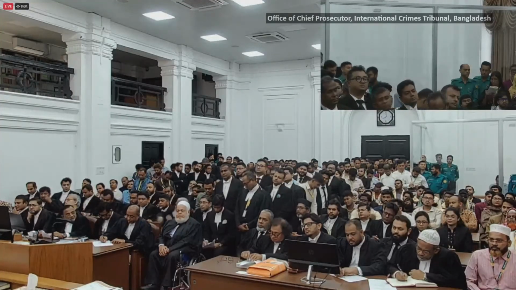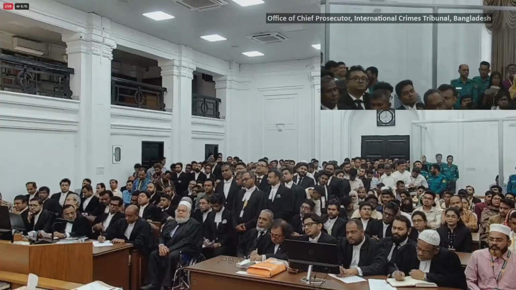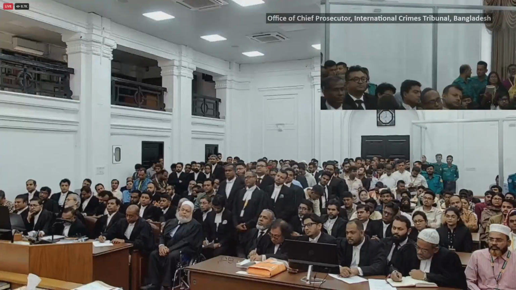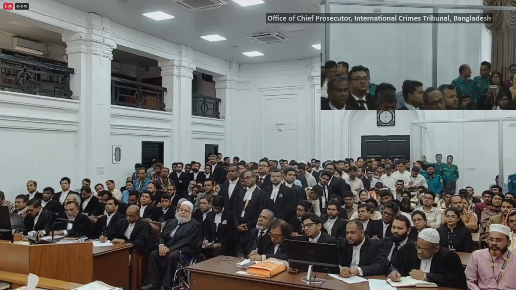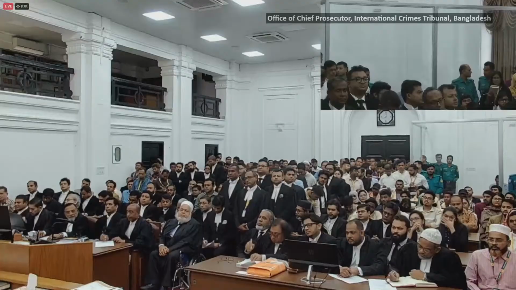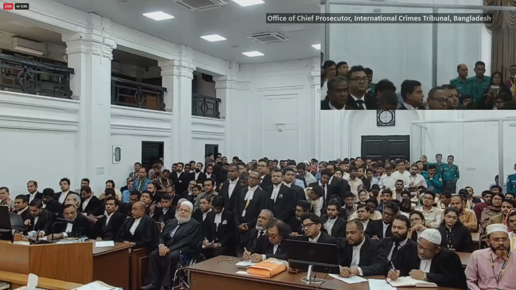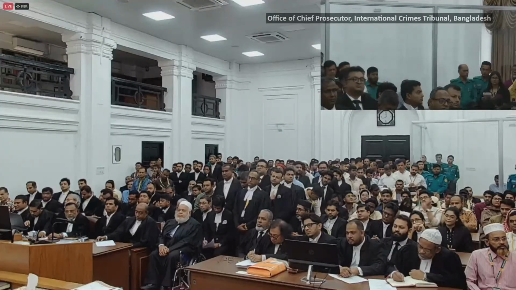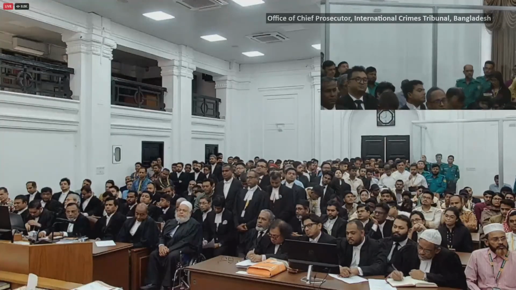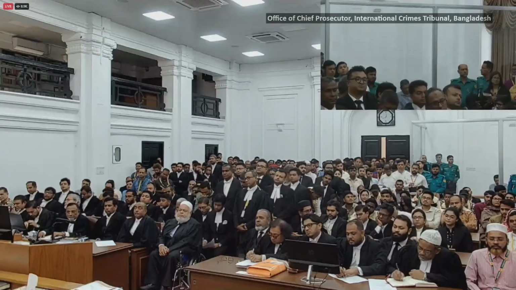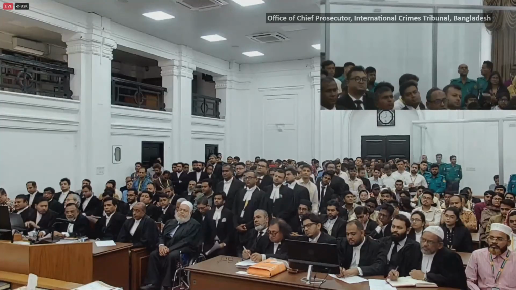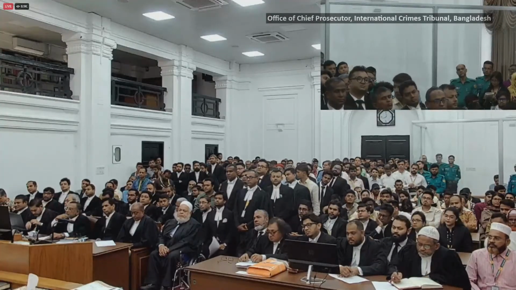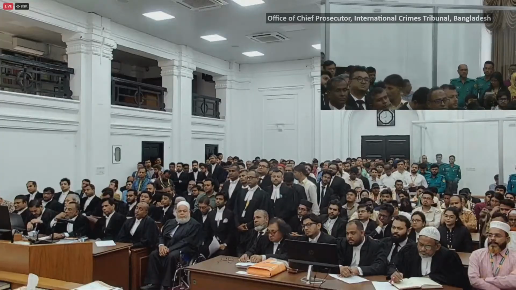The first part includes the index, description of the prosecutors, learned prosecutors and the learned defense counsels, introduction of the accused, origin and object of the tribunal, jurisdiction of the tribunal. Article 7 of the Rome Statute, which is the basis of trial of our tribunal. Elements of the crime against humanity. We are trying the offense, we are holding trial of the crime against humanity.